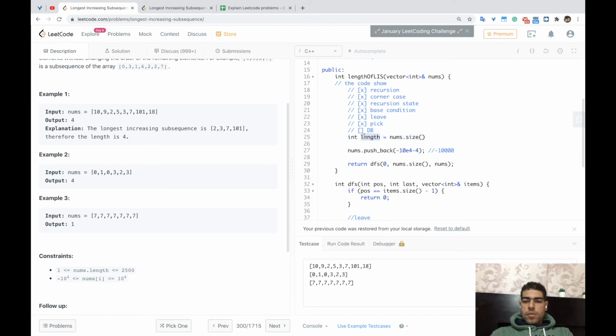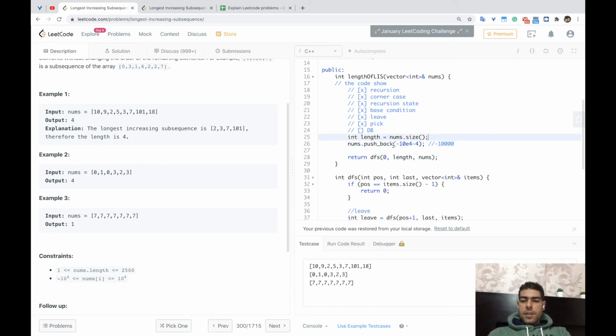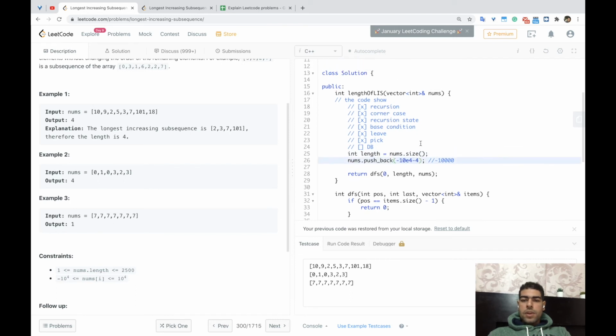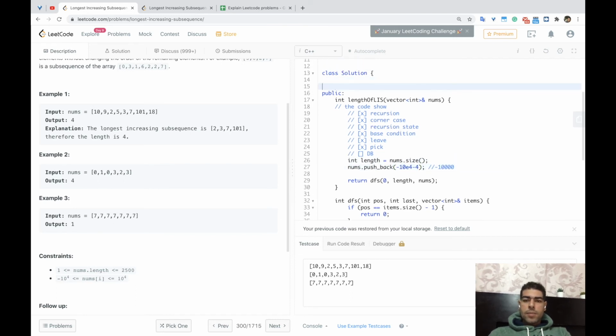So we are going to pass this length as the last element we already take. And here we are trying to push back to these numbers. We have to define a public, or for now whatever, public private